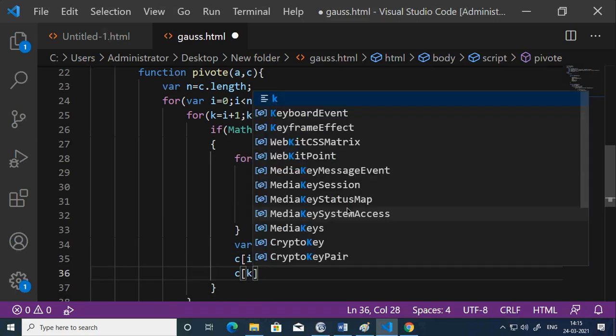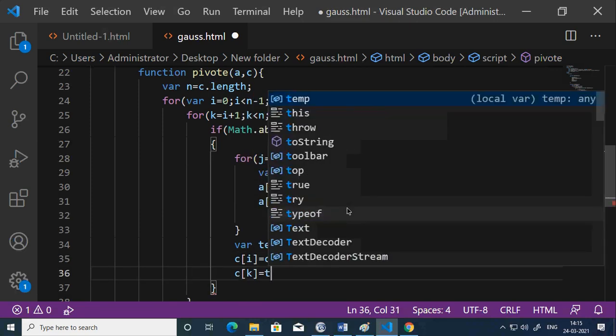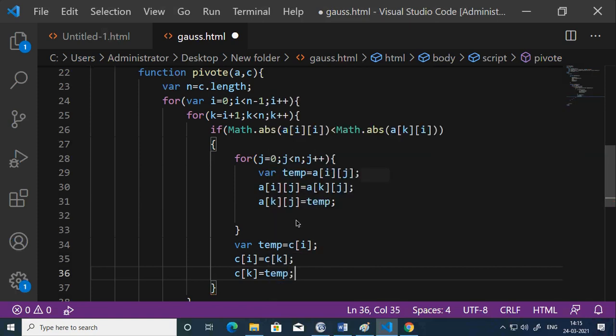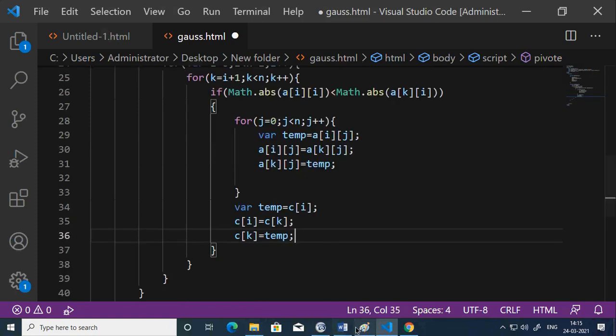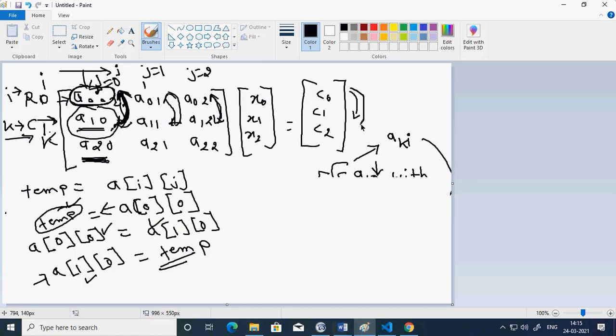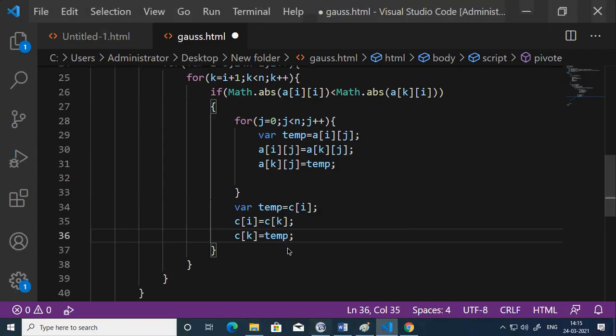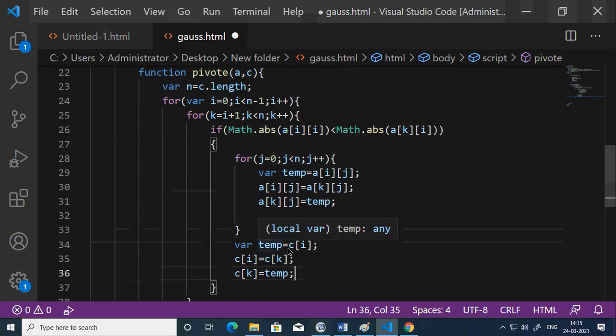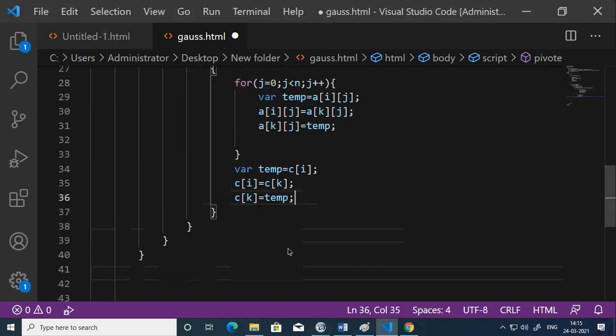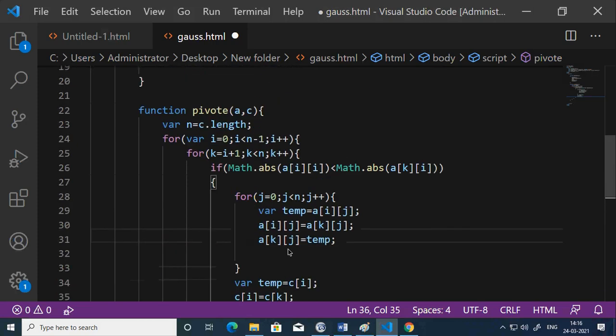And then finally C k is equal to temp. In this way I can swap these two values, C i and C k. So that is what all pivoting is about.